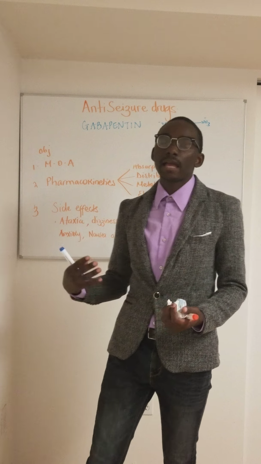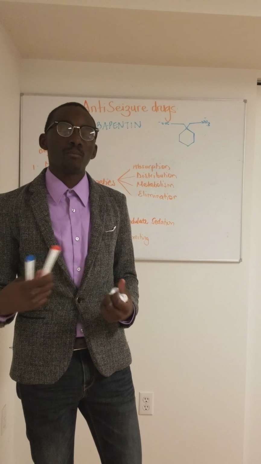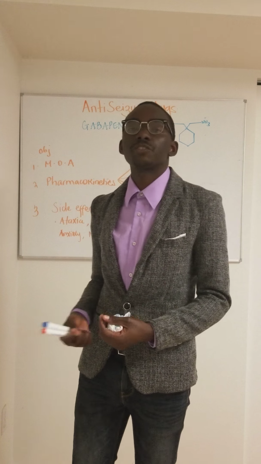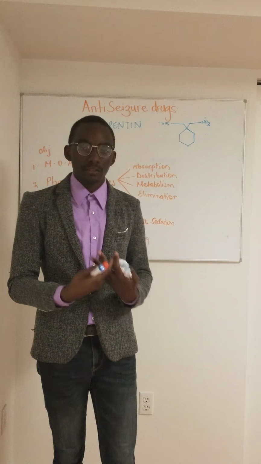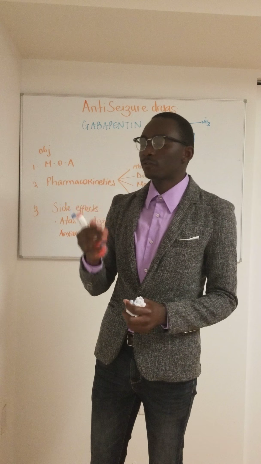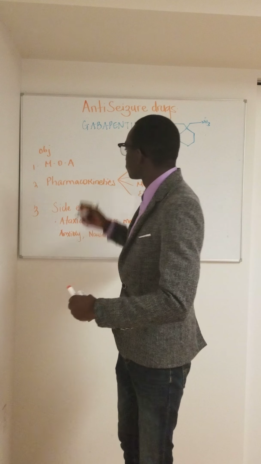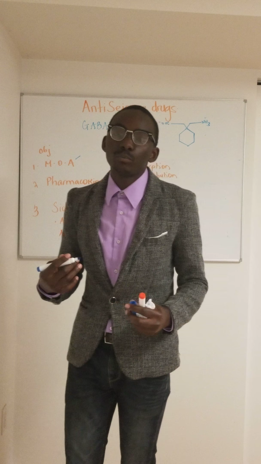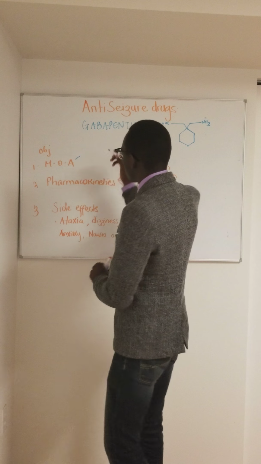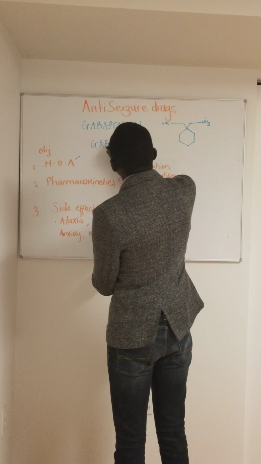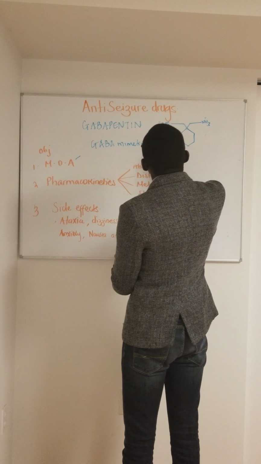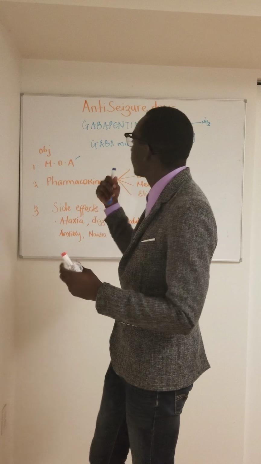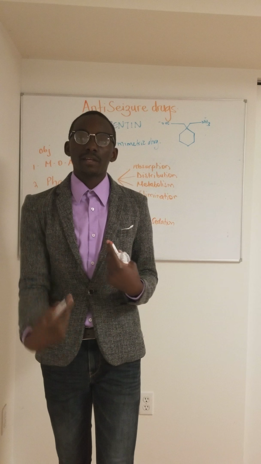We've seen a lot of these anti-seizure drugs, and we see that most of them inhibit the sodium channels, the calcium channels. Others enhance GABA, others inhibit the glutamate. So with gabapentin, it has two proposed mechanisms of action. The first one is that gabapentin was designed to be a GABA-mimetic drug, meaning that it has to resemble the analog GABA, so that it binds on the receptors